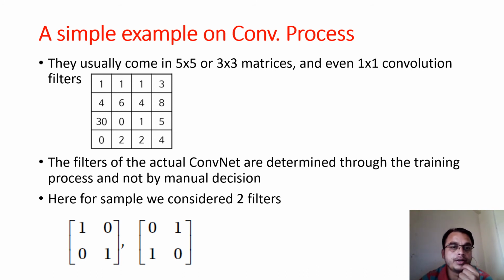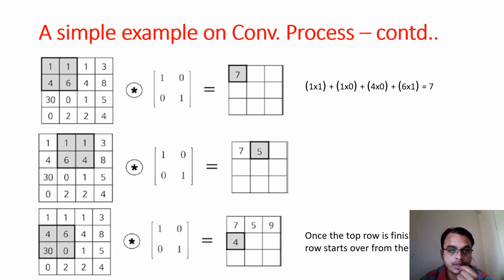The filters of the convolution net are determined through the training process. So if I want to apply the convolution, the filter comes in the size of 5 by 5, 3 by 3, or 1 by 1. Okay. Now how to do convolution? Here a simple example is shown. Suppose I have an image where these are the pixel values 1, 1, 1, 3, 4, 6, 4, 8, 3, 0, 1, 5, 0, 2, 2, 4. If I apply the convolution filter over here, the value will be calculated in such a way